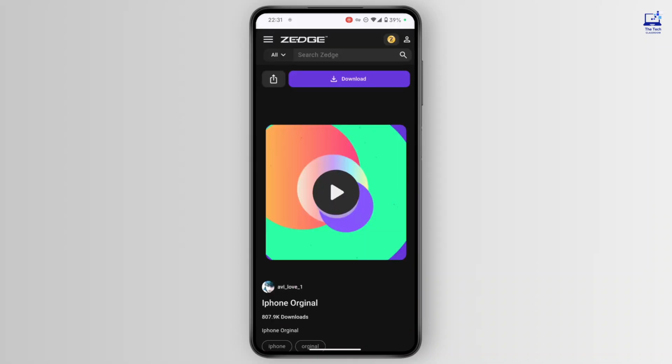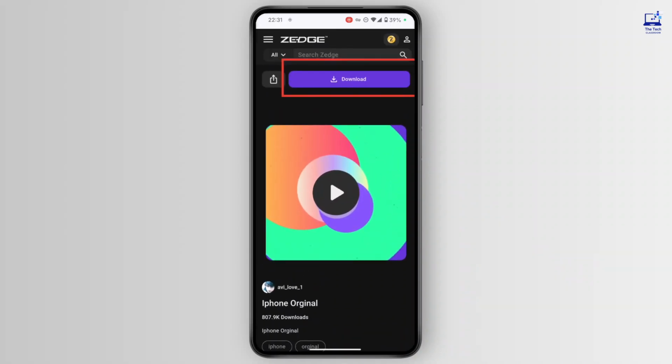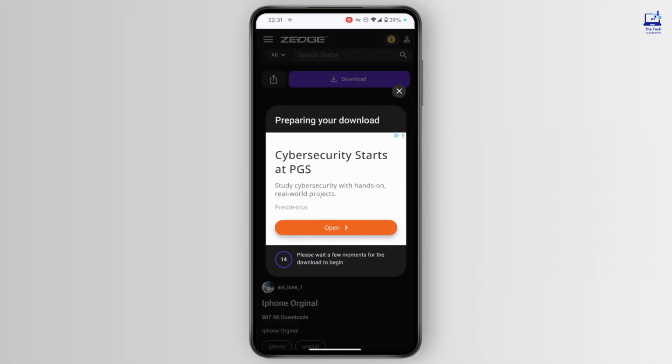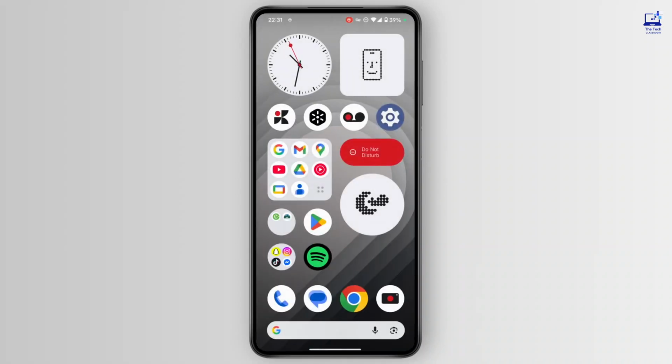Then you will see the download button on the top. If you want, you can play the video first to download or to listen to the audio. So tap on download after you've listened and you want to download that one. Then it should start downloading. So there you can see the file has been downloaded, and what you'll then need to do is head over